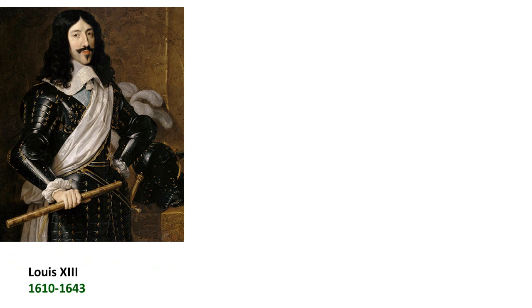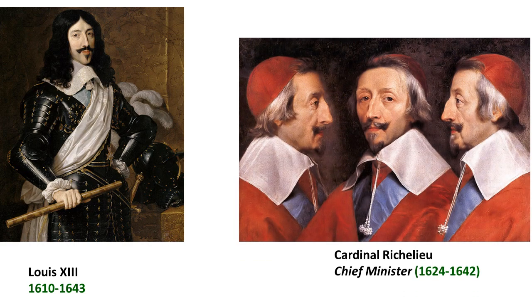So the king was Louis XIII. He became king when Henry IV died. I believe he was the son of Henry IV. He was a bit too young to rule at the beginning, and so in his government, in his council, the key role, after 14 years, in 1624, was given to Cardinal Richelieu,